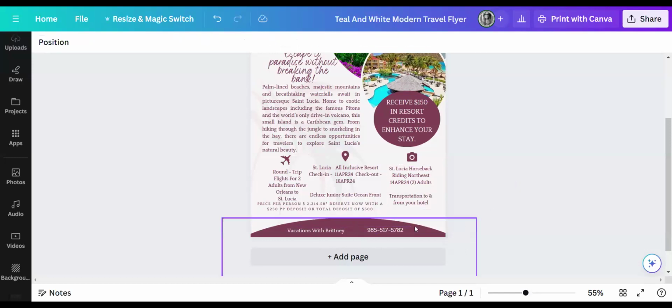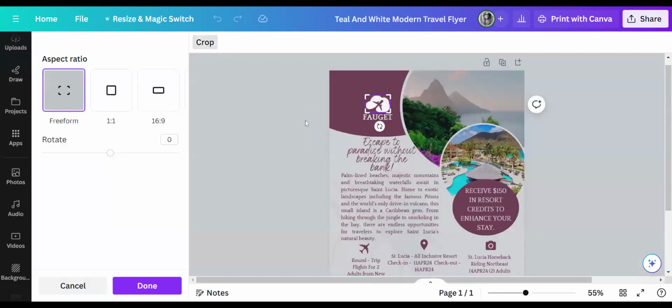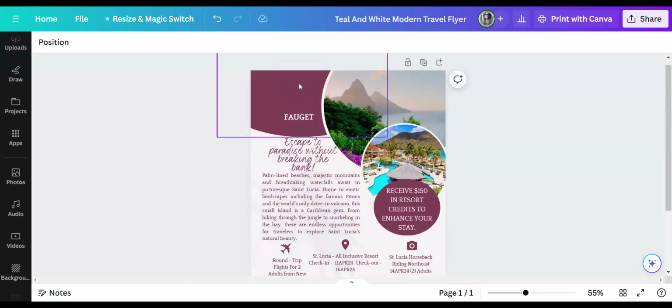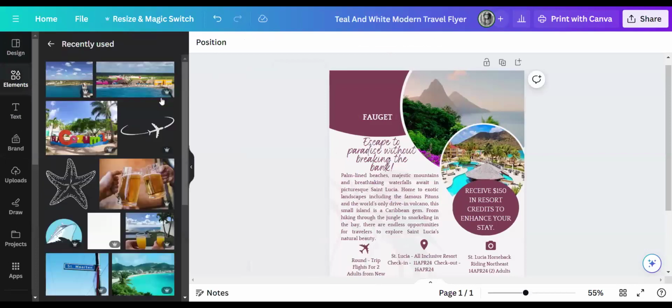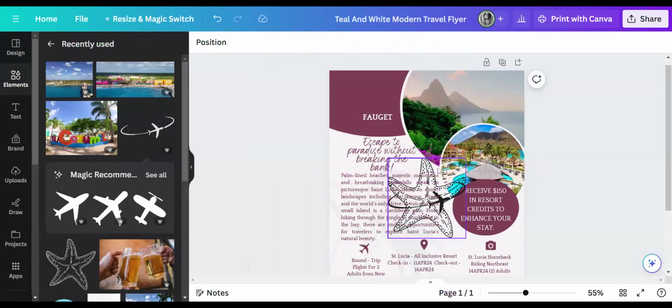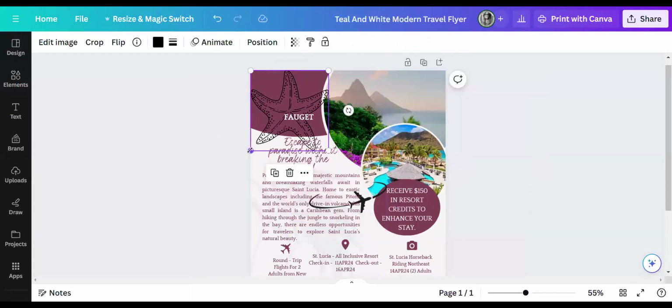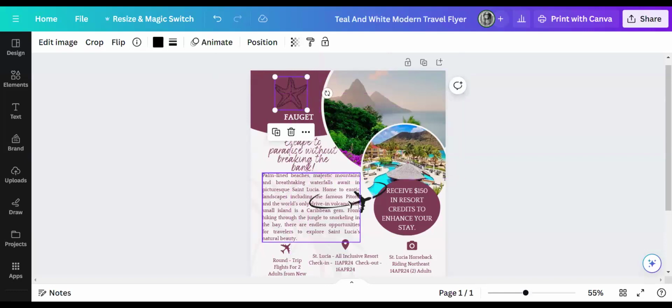Vacations with Brittany. And if you have the room, you can put in your QR code or anything like that. So the last thing for me to do, you guys, is putting in my little logo that I like to use and my business name. Let me go on to elements. Let me get up all my elements that I use and we'll put that on here. We're just going to move this up, make it a little smaller. I've been using this little starfish